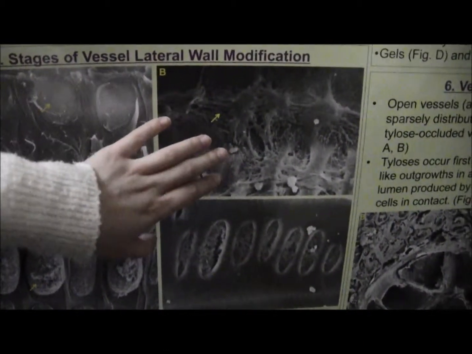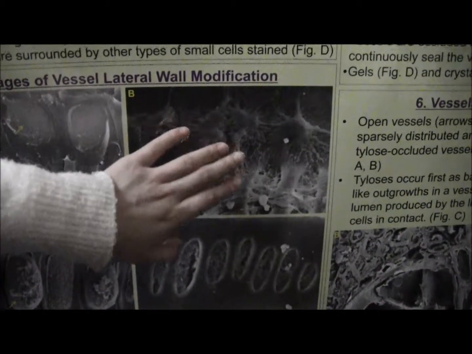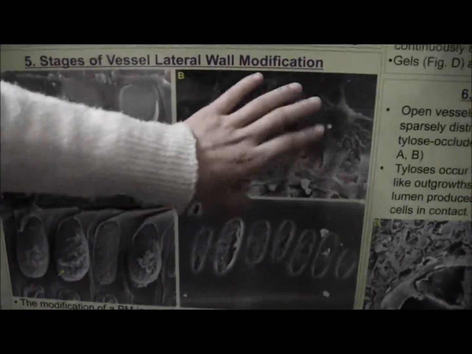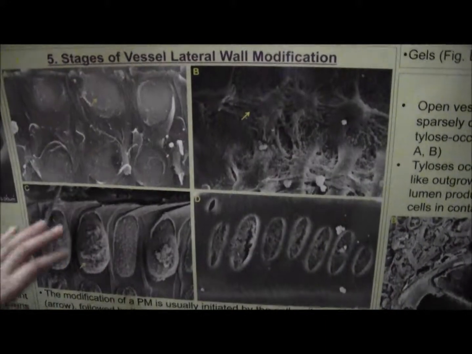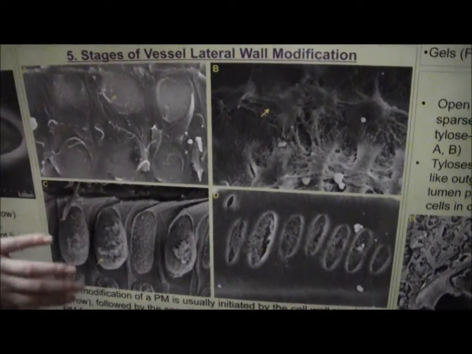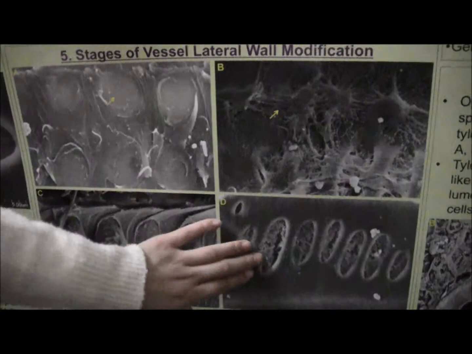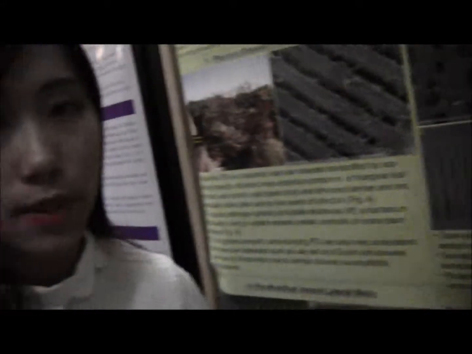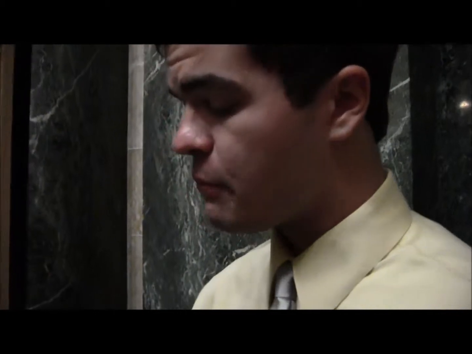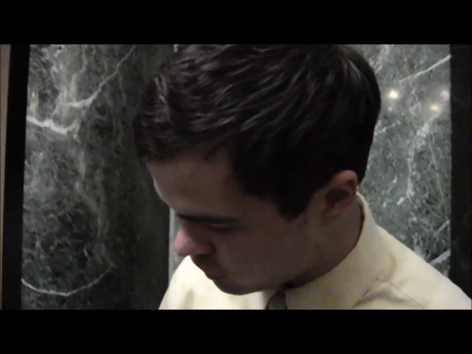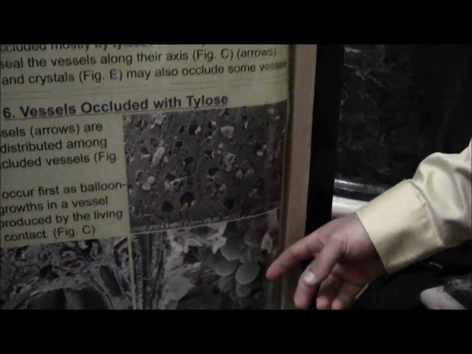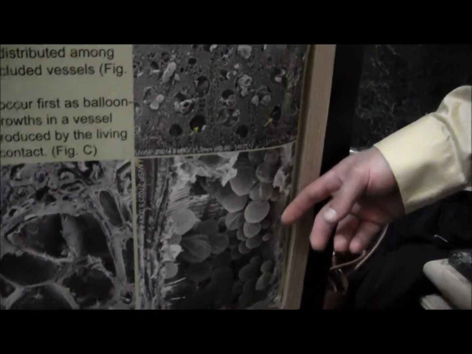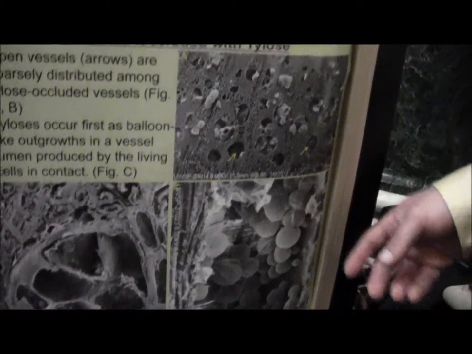And then they will secrete gel-like structures, forming network structures. They're connected all together. And sometimes the membrane will bulge from the pores of the water pipes. Once it's forming the porous structures, the tyloses can grow into the water pipes, and so that blocks the water pipe. Once they become infected enough and all that porosity actually happens, they fully break through the walls and completely occlude the vessels, which is what ultimately causes the death in these grapevines,